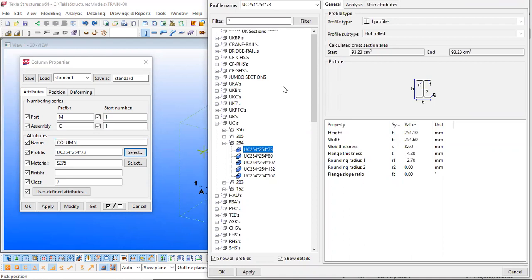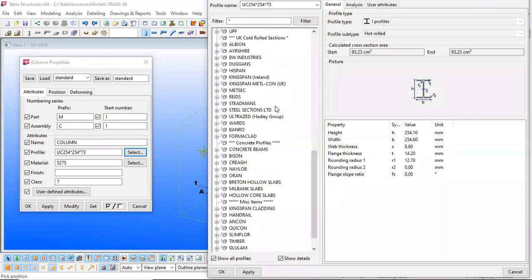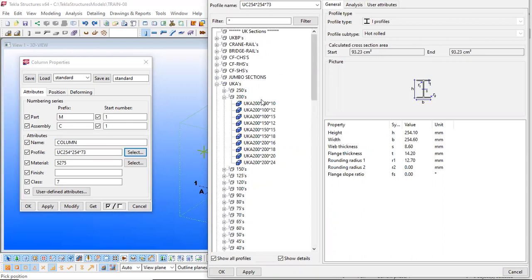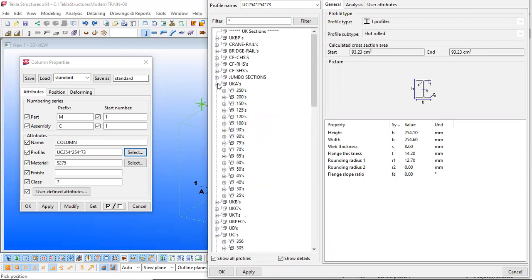You can see there is a huge catalog here, and I can select items or sizes from here. These are the sizes given. I can select from the available sizes, whatever sizes I need, and I will just say apply.